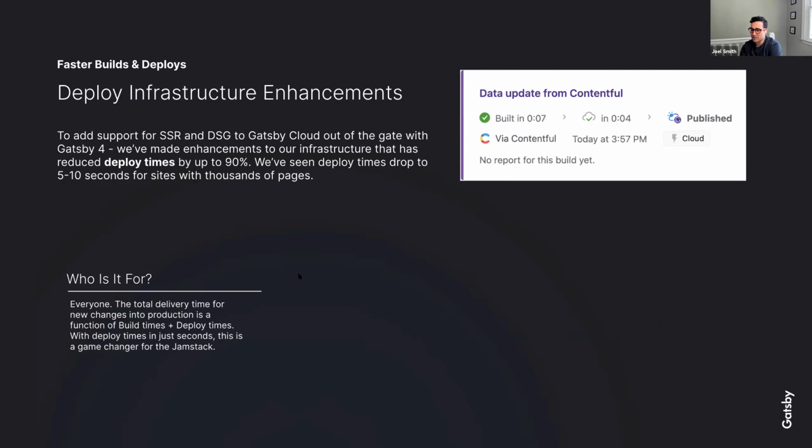I mean, we looked at the graph just recently of the average deploy time across all websites on Gatsby Cloud, and it was the kind of graph drop you can see from a mile away. So it was pretty cool. The average time is well under 5 seconds for every site. So that's pretty cool.